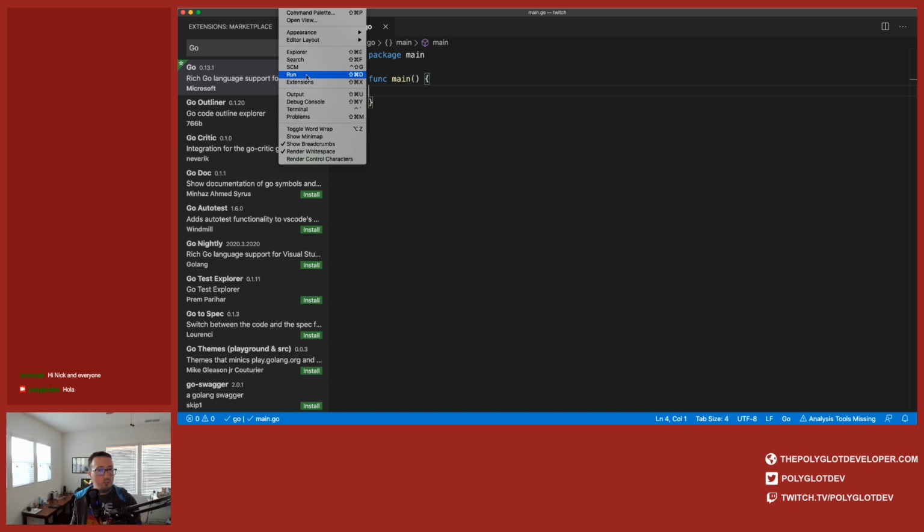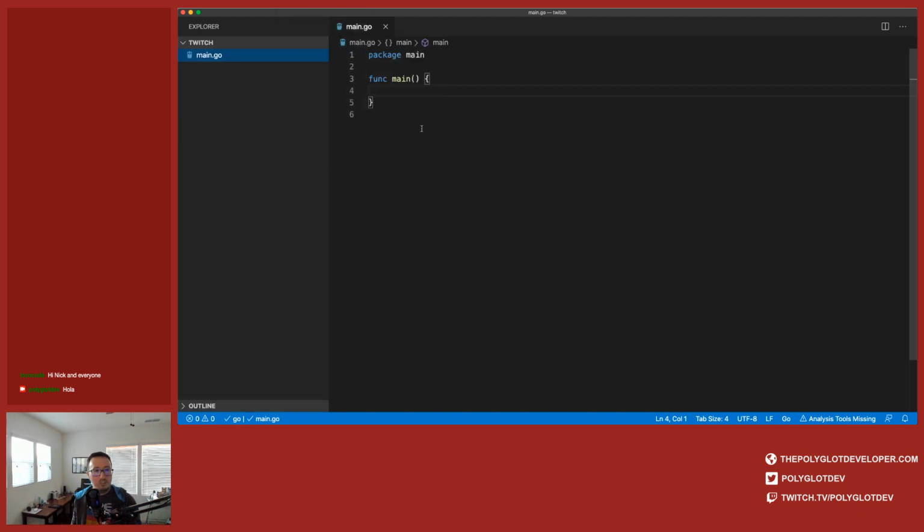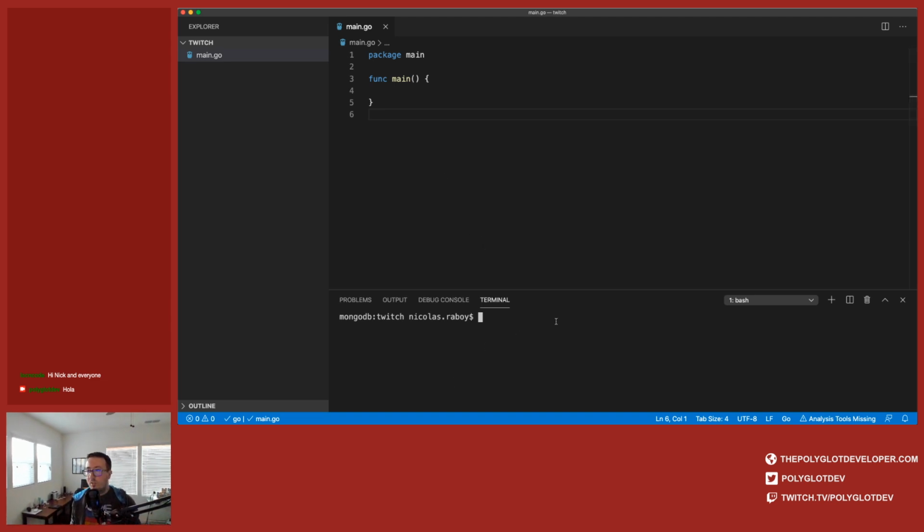I'll go back into my Explorer, and we'll get started here. So first of all, I have my main function. Let me open up a terminal inside of Visual Studio Code. And again, if it's too small, let me know. I want to make sure that it's visible. If I were to run go run and then the file, which is main.go, nothing's going to happen, because it just runs this main function, and it's not doing anything. So it's to be expected.